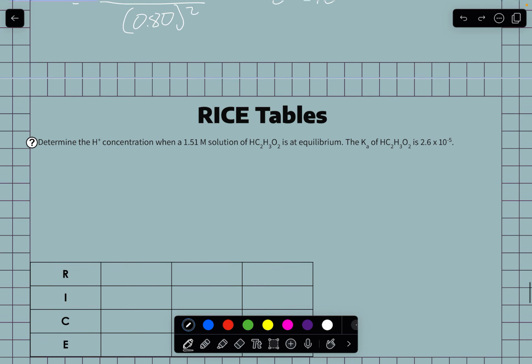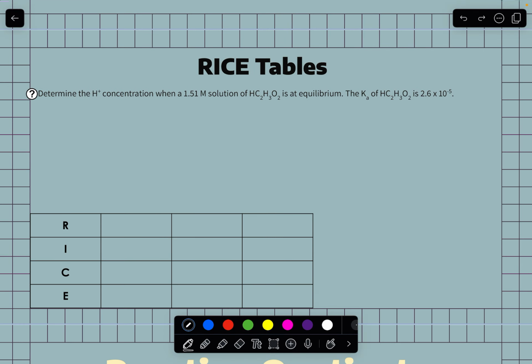All right, so moving on to another question. These ones here, we will look at our x is small approximation because we do have a K value there and we have an initial concentration. So if we do our initial concentration divided by our Ka this time, if this is greater than or equal to 1,000, we can do the x is small approximation. So if we do 1.51 divided by our 2.6 times 10 to the negative 5,